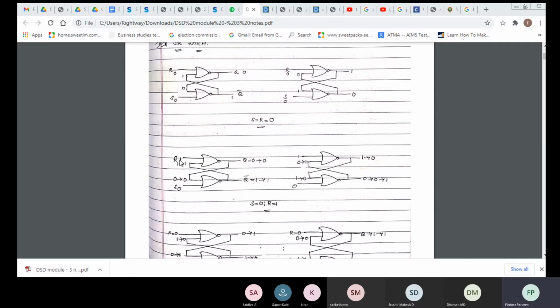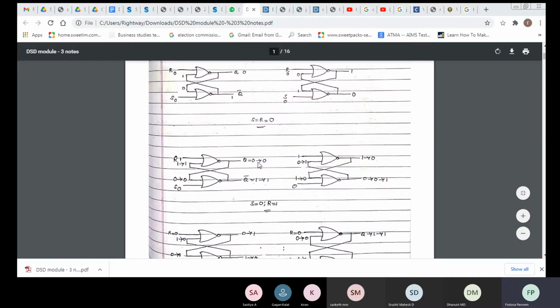So S is equal to 0 and R is equal to 1. And the previous state we have taken here as Q is equal to 0 and Q bar is equal to 1. Okay, so now what happens? This is 0. Previous state is 0, so I'll get 0 here. So 0, 0 means what happens? For a NOR gate, when it is 0, 0, output will be 1. So previous state was 1, it remains in 1 itself. So now this 1 comes here. So 1, 1 means output will be equal to 0. So it remains in 0 only.